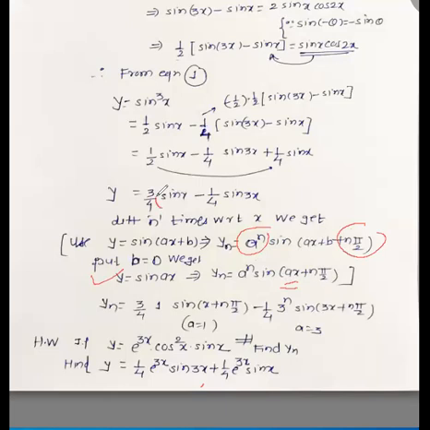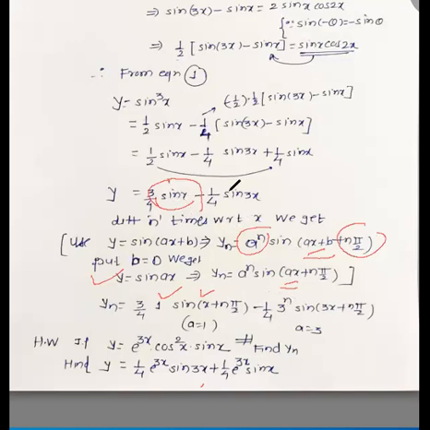Now what is the derivative of sin x? Here a is 1. When a is 1, 1 raised to n is 1. Then the derivative is sin of ax plus b, that is, here ax plus b means x, so sin x, plus we add n times pi by 2. So we get sin(x + n times pi by 2). This is the nth derivative of sin x.